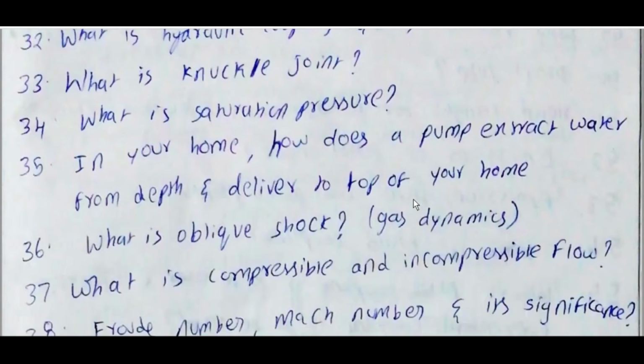What is saturation pressure? Pressure of vapor which is in equilibrium with its liquid is called saturation pressure. When liquid is there in a container and pressure is measured, when the evaporation rate is equal to the condensation rate, the total number of molecules above the liquid surface is constant. This condition is called saturation. The pressure exerted by vapor molecules in the saturation state is called saturation pressure.